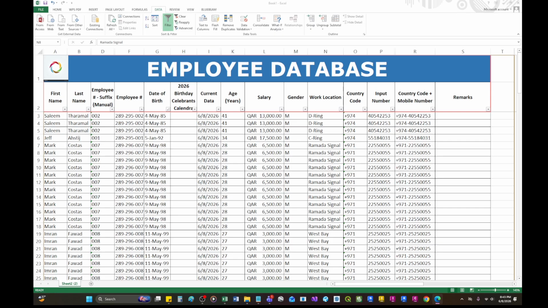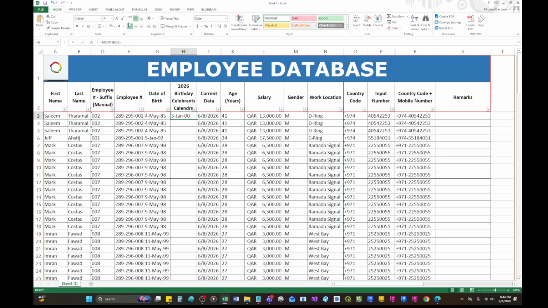This is from column G. Okay, it should be month, G3. No, it's not getting down. This should be text.